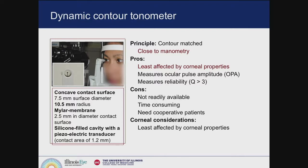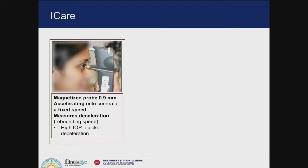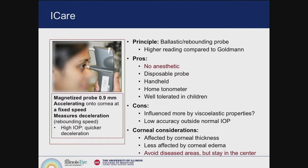in case of eyes with cornea pathology. iCare tonometer is becoming popular because it is a portable device, requires no anesthetic agent, is well tolerated in children, and is being used as a home tonometer. Similar to Tonopen, if you are able, just try to really stay as close to the center as possible. If able, you can avoid the diseased cornea. But one question arises: whether or not this is more influenced by the viscoelastic property of the cornea